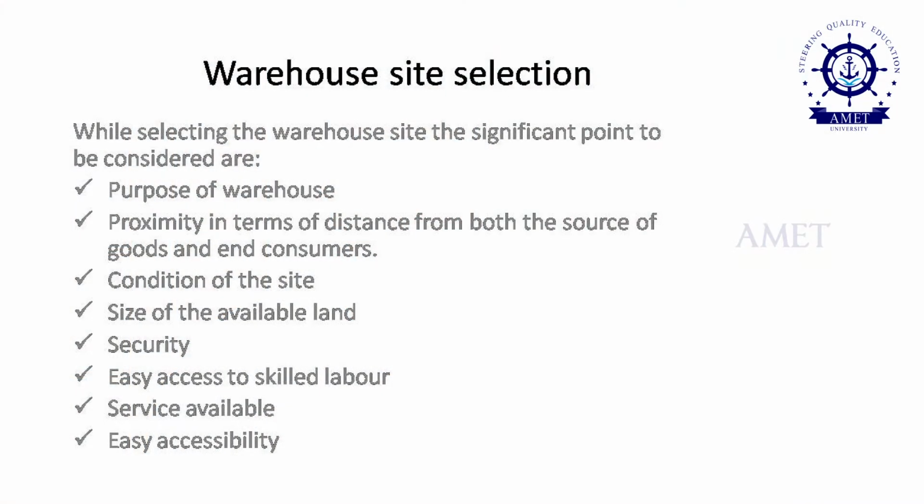Only the skilled laborers access all kinds of raw material, move the raw material, remove the finished goods, and then take the goods into the vehicle. All these things will be done by the skilled laborers. So they have to come from home, do the duty and get back to their home. All these things should be within minimum distance, so easy access to the skilled labor is one of the essentials. Then the service and easy accessibility.